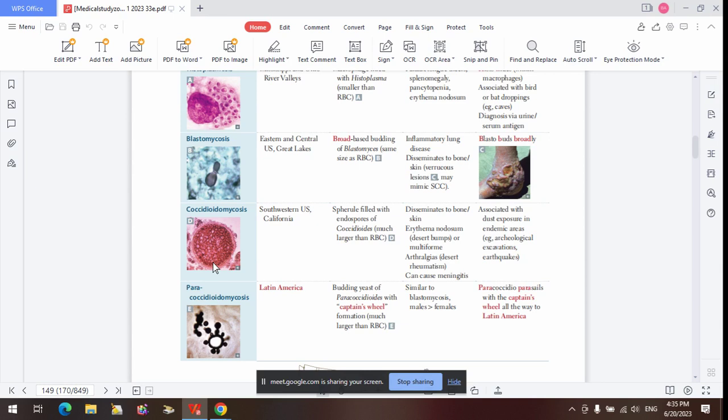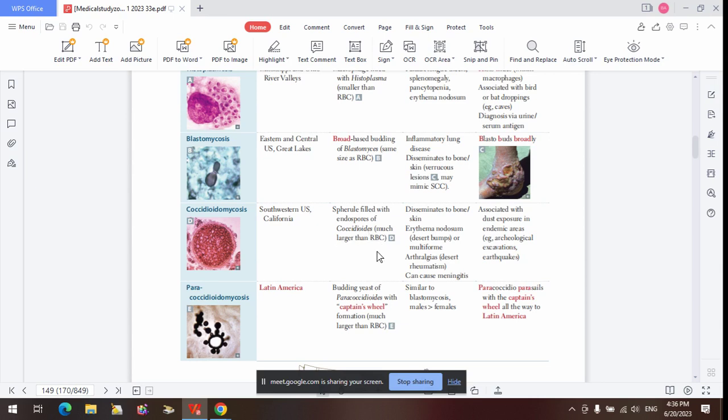That can help you. Blastomycosis: broad-based budding, bone presentation, stomatitis, skin presentation, chronic ulcers, brain presentation, maybe meningitis-like symptoms, lung presentation, inflammatory lung disease causing pneumonia, broad-based budding. Your coccidioidomycosis, you are looking for your spherules. Spherules are like a ball containing numerous endospores. The tiny, tiny spores within them, those are the endospores that can rupture and release the